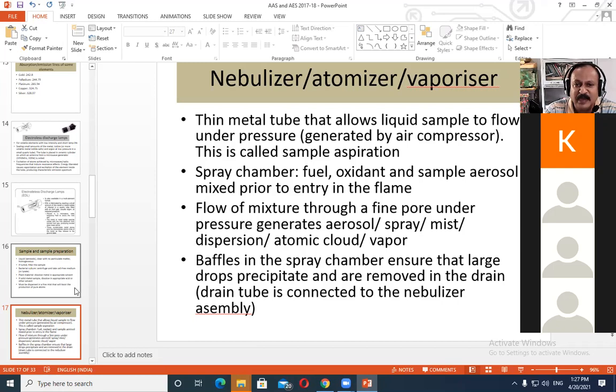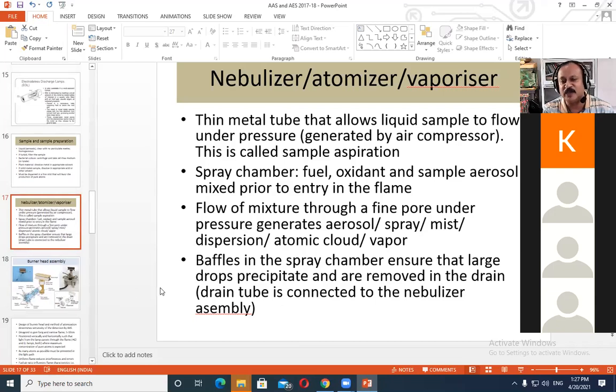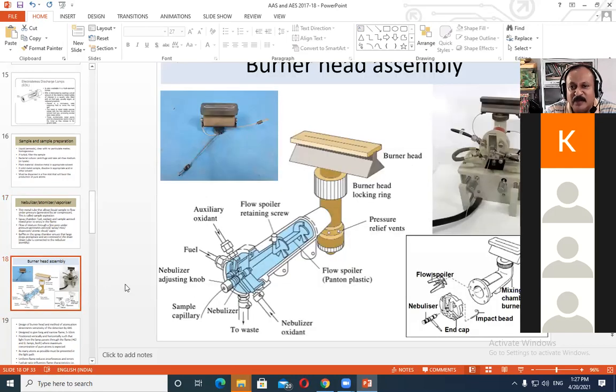Is it okay? Then I go on. There are some other details also given on the slide, but I'm not reading them purposely, because those kinds of details are not really essential for your exam. Of course, you have an objective type of examination, so there is some level of my understanding or belief that such questions will not be asked in the exams. Okay, so then coming to a little more about how the burners look.